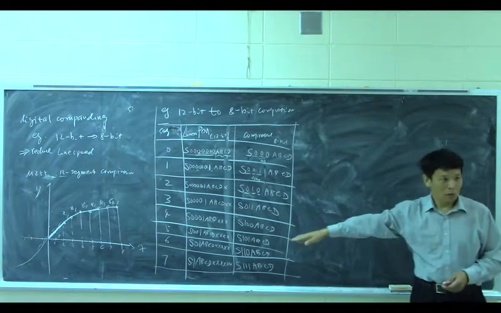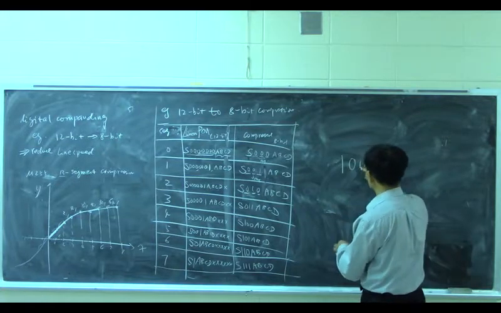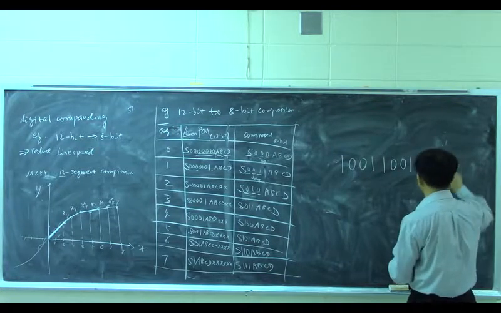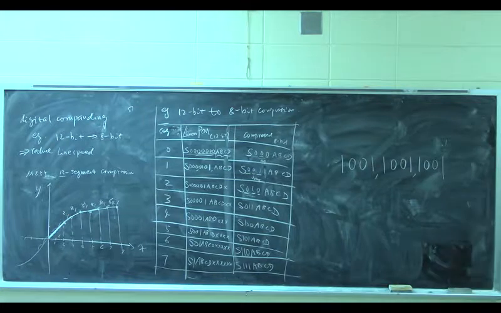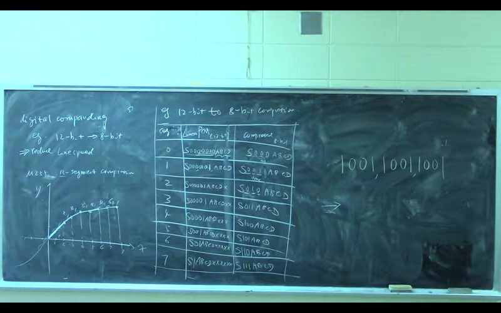You look at this table. I'll give you a 12-digit number: 1, 0, 0, 1, 1, 0, 0, 1, 1, 0, 0, 1. This is the original PCM 12-bit. How to compress this with mu255 or 13-segment compression? Step 1, you decide which segment this is on by determining the first one